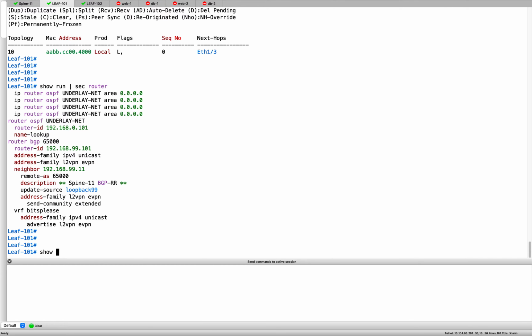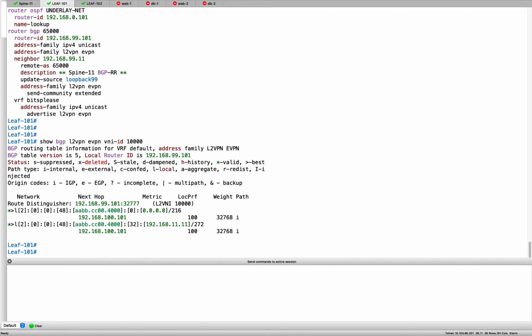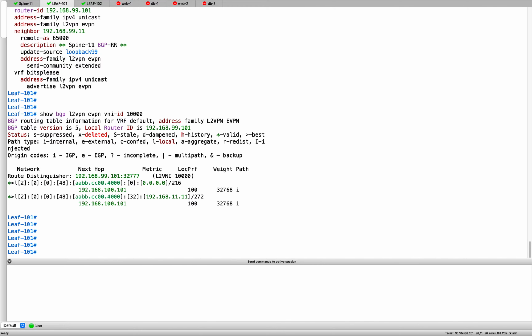So again, let's do that. Show BGP L2 VPN EVPN, and let's put the VNI ID this time, which is 10,000. There we go. Cool. So what do we see? Is this correct? Yes, it is. So we have, you can see here, there's something called